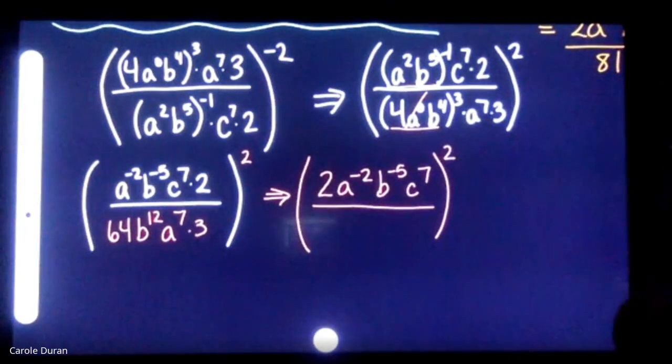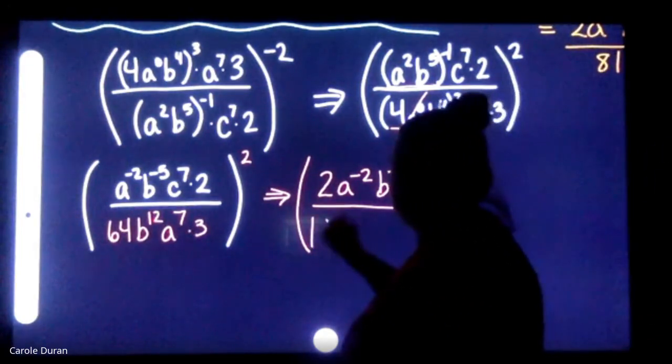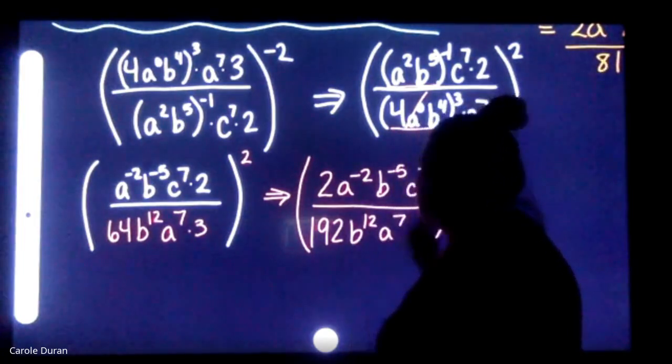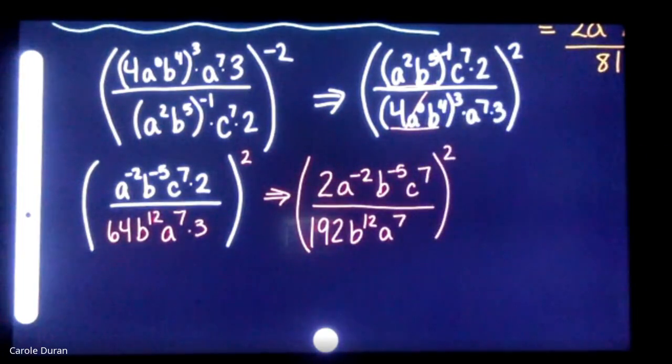Then I look to my denominator. Is there anything I can put together in my denominator? Can you put 64 and 3? 64 and 3. So when I multiply that together, I get 192. And then I have B12 and A7. Again, nothing I can put together outside of those two whole numbers, which means now I can simplify across my